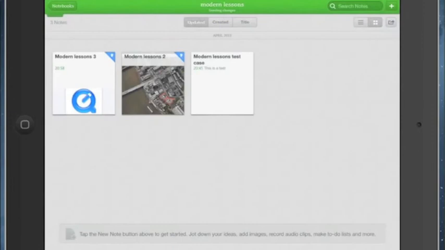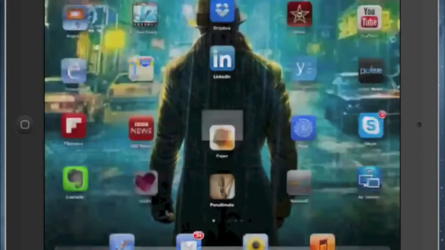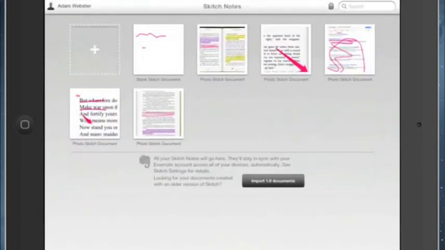So you can see there are three different ways of collecting information in Evernote: written, photographic, and audio information. So that's Evernote. That in itself is pretty revolutionary. It is an interactive exercise book, if you like, much better than pen and paper because so much more varied information can be captured. If we shut that down and open up Sketch, it will run on exactly the same